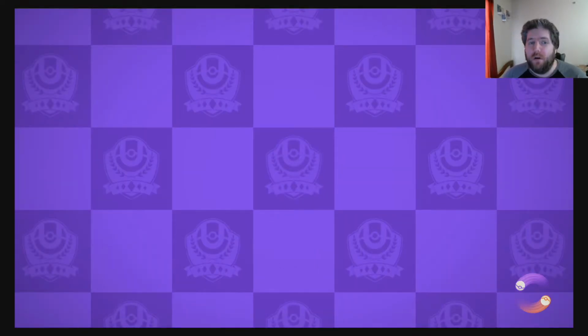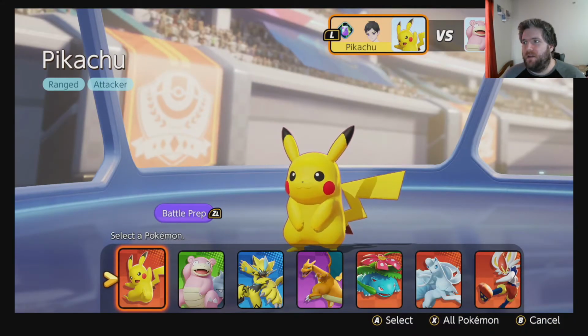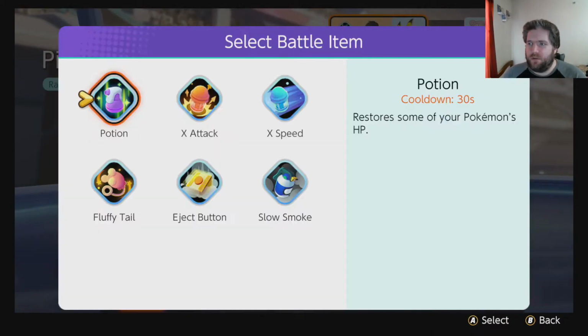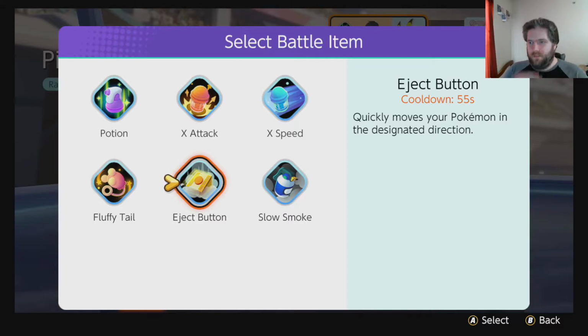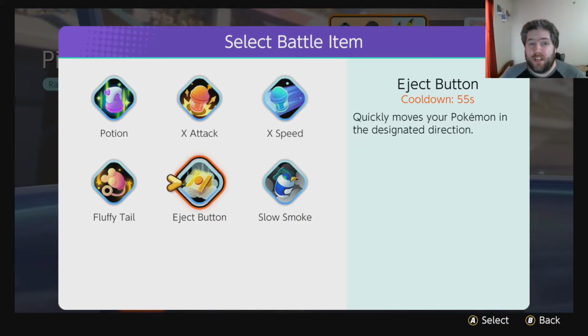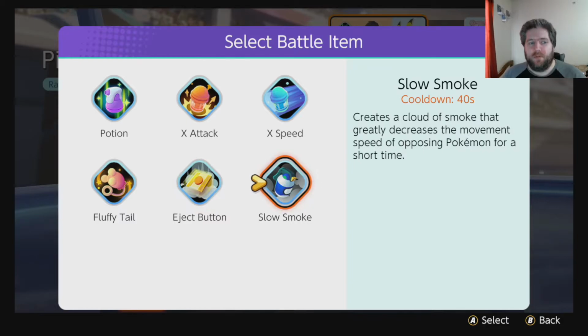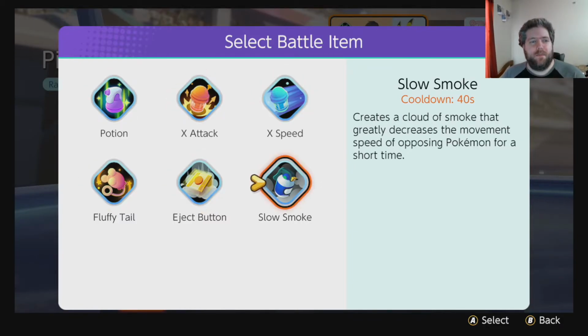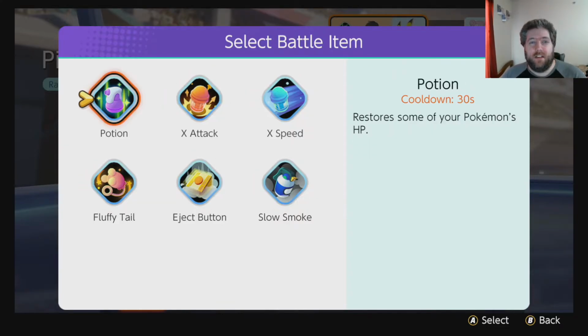But we'll go ahead and talk about it in the actual game. So, we're going to choose our items, and in this one, you may consider Eject Button, you may consider X Speed, but considering this particular Pikachu doesn't want to be getting out too far into the field until it knows it can comfortably, you're probably going to be fine with even Potion or X Attack, something that just boosts its attack power or gives it just that additional smidgen of